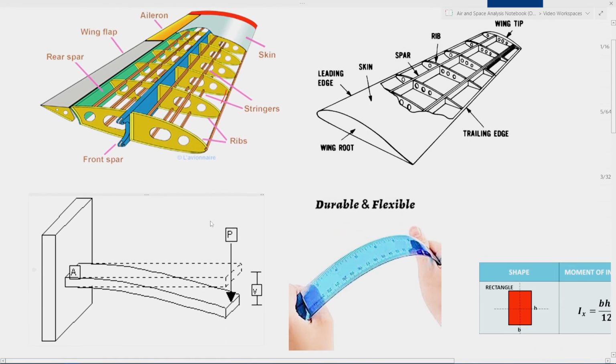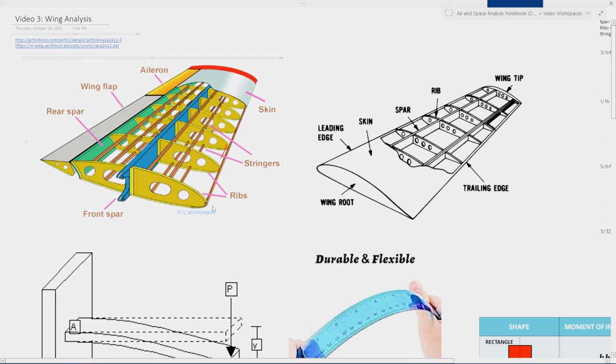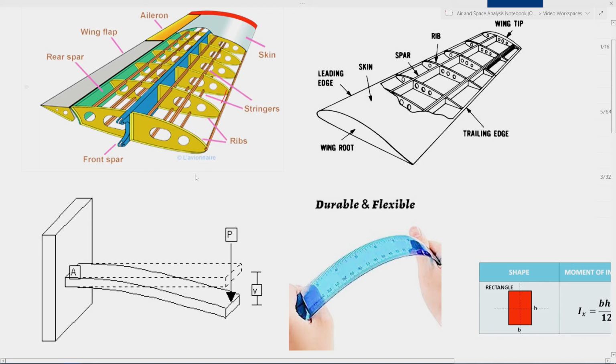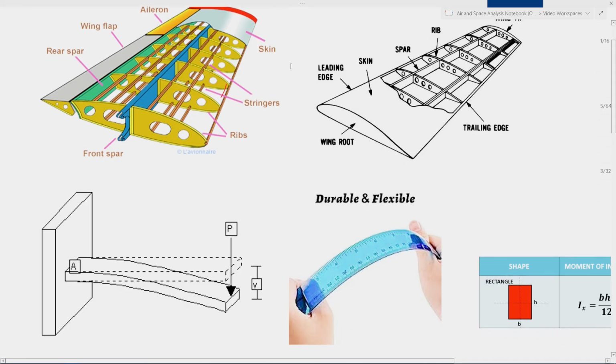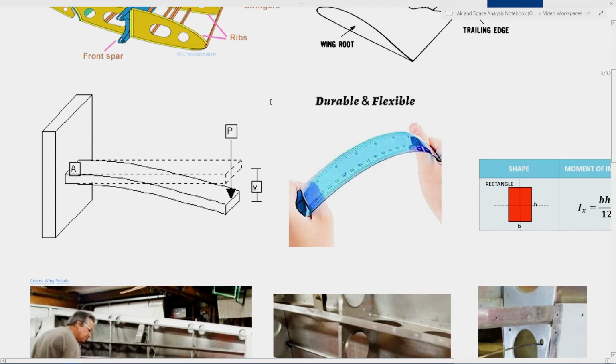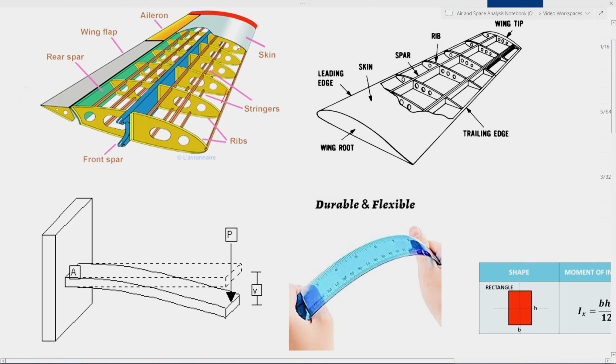So a wing structure is a very classic structure in bending, and it's the job of the engineer to create a very lightweight structure that also maintains that aerodynamic shape needed for lift. Obviously, you could create a ridiculously stiff structure by making this solid metal, but then it's going to be so heavy the airplane's not going to lift off the ground. So we need to set up our structural element in such a way that it's as light as it can possibly be,